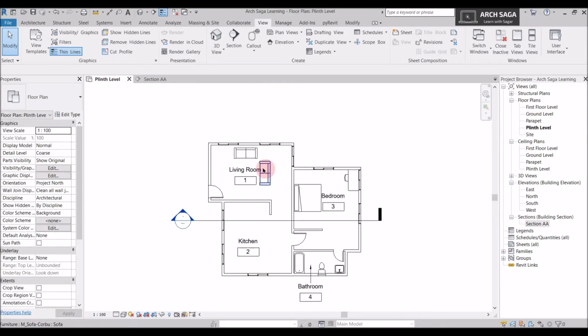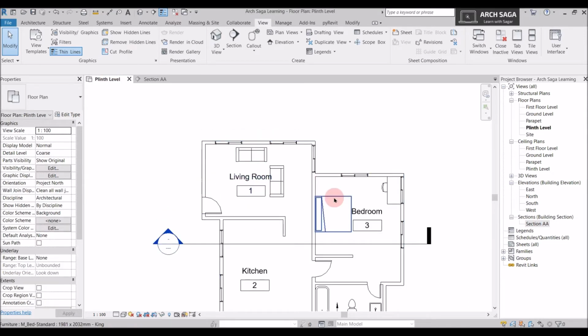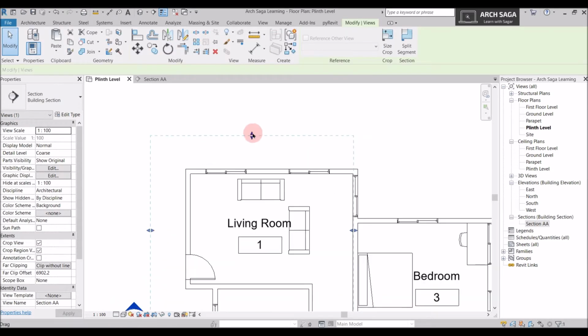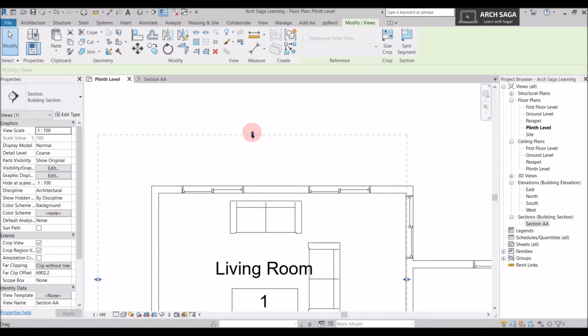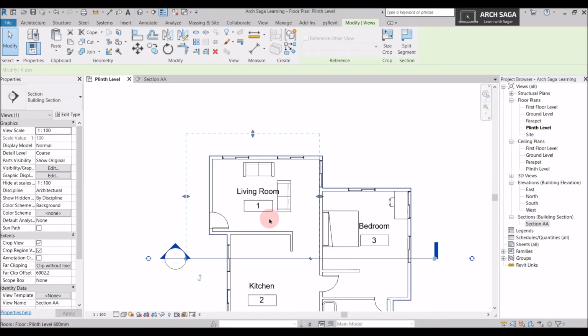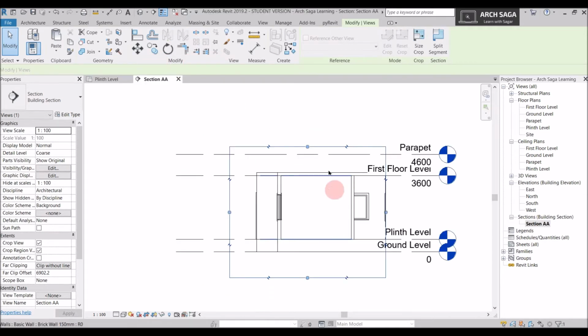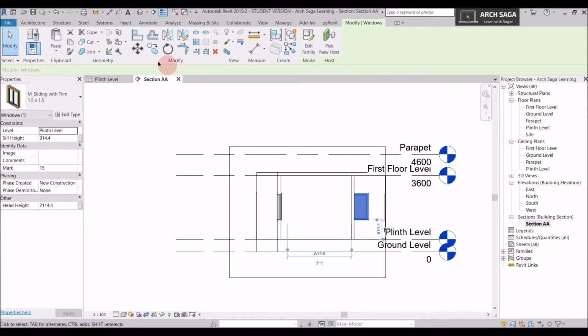Now if I don't want this living room also in my section, I'll just select this and you can see this arrow. This is a far clip option. This says how far you can look when you are seeing a section. I don't want these sofas to be shown on my section, or let's say this window is seen in this section and I don't want it to be seen.